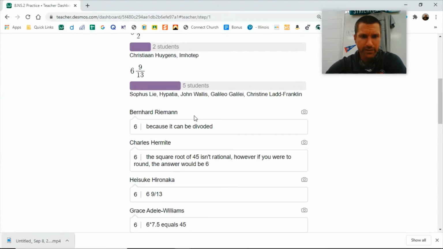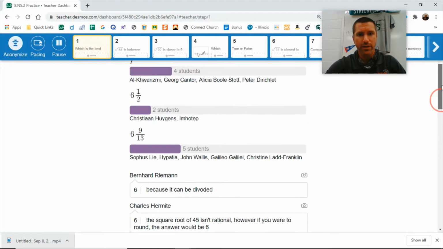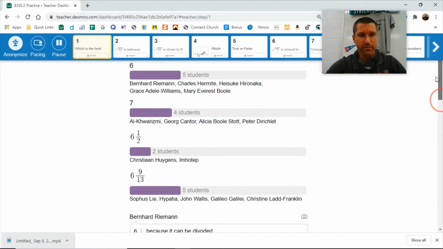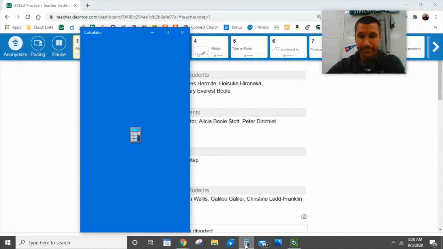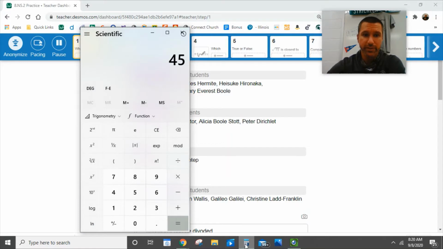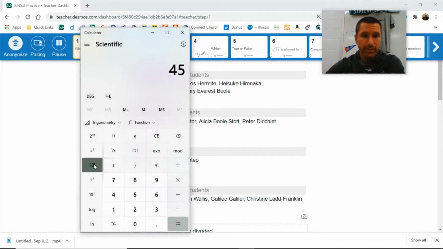All right, secondly, now that we've decided between 6 and 7, there are two other answers that we need to consider: 6.5 and 6 and 9/13. 6.5 would be in the middle of the number line, and then 6 and 9/13 I think falls pretty close to where we are. So what you need to do is maybe just pull out a calculator if you weren't sure how to do this one, and go ahead and take the square root of 45 in the calculator. You can round it to 3 decimal places,